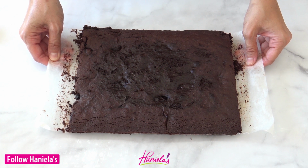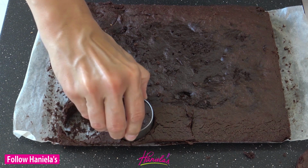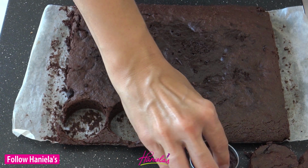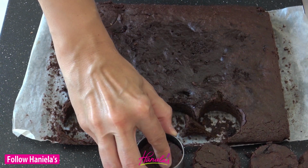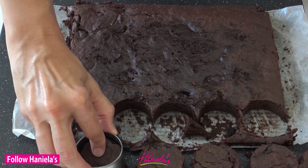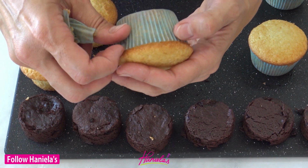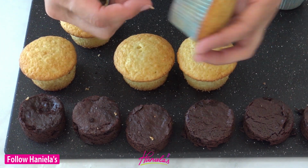Now, to make the meat patties, I'm using brownies. So you want to make brownies, you can use a mix to make the brownies. Let them cool completely, and then cut out the meat patties with the cutter. I also added some cherry preserve in my brownies to add some extra yumminess. And now we are pretty much ready to assemble